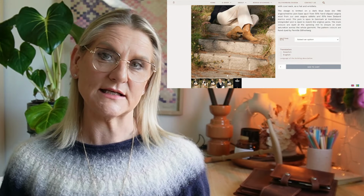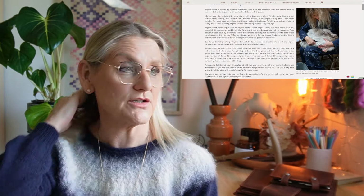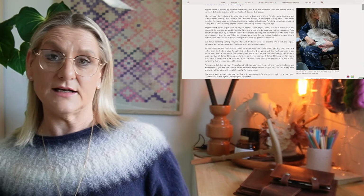in Denmark. I've been eyeing off these kits since I almost first started knitting in the early 2000s, and I was looking at them, I remember, in kit form prior to the company going under, and then Fruity Knitting featured them on one of their episodes a couple of years back, and Andrea from Fruity Knitting was making the wild apple version of this style of pattern, and I was very heavily inspired, and I really went back to how much I really liked the patterns in the early 2000s. Anyway, I got this kit for Christmas from my husband as a very special treat, and it really was a